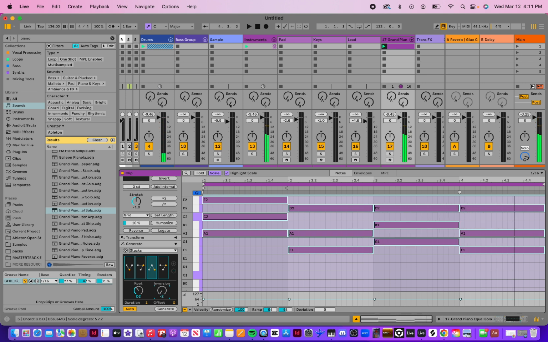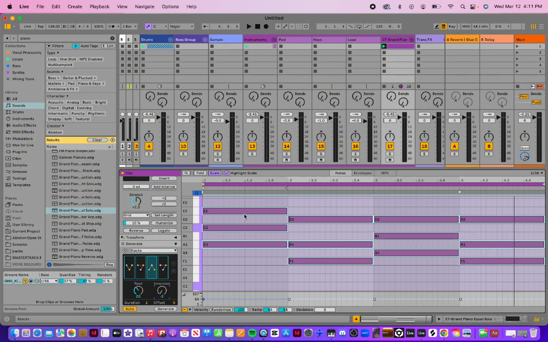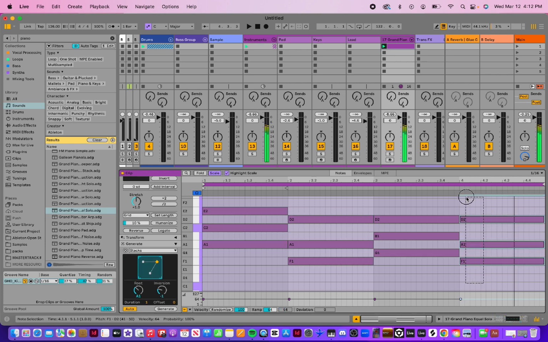That's pretty nice. So we've got a C, an A minor, a D minor, and then the last stack. We could go back to A, or maybe we could even split this into two. So we've got that, and then we're going to